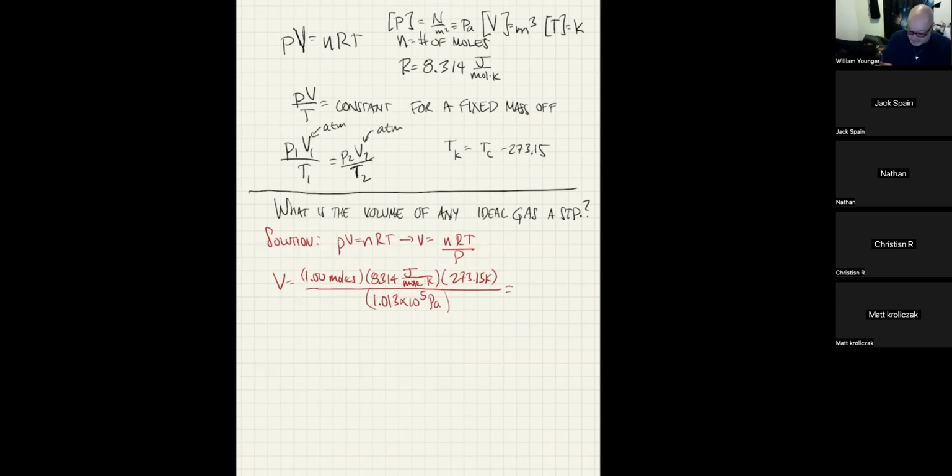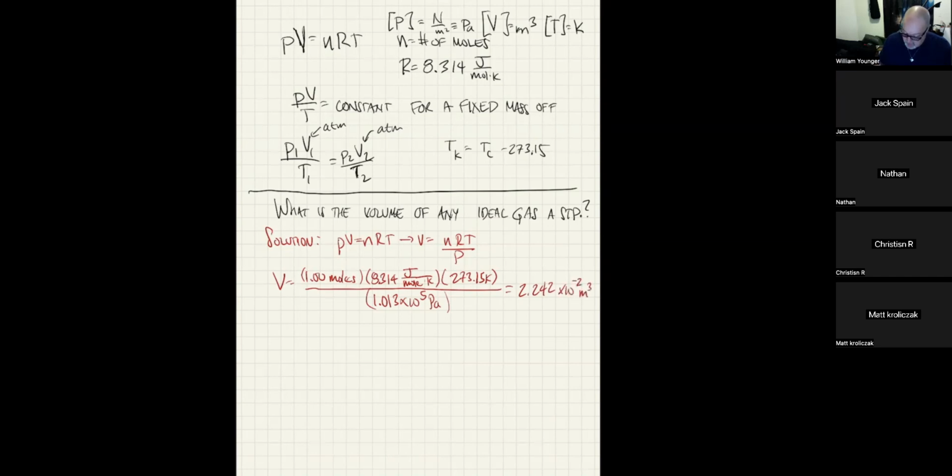So 1 times 8.314 times 273.15. Yeah, I got all that right. And then I'm going to divide that by 1.013 e to the 5 Pascal. Okay, for some reason it told me I got an error and I don't see any here. Oh, I see it now. 8.314 times 273.15 divided by 1.013 e to the 5th. And that gives me 2.242, if you want, 2.242 times 10 to the negative 2